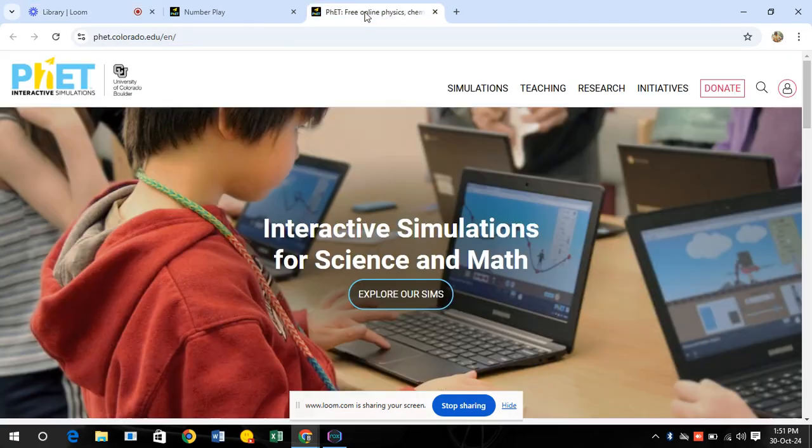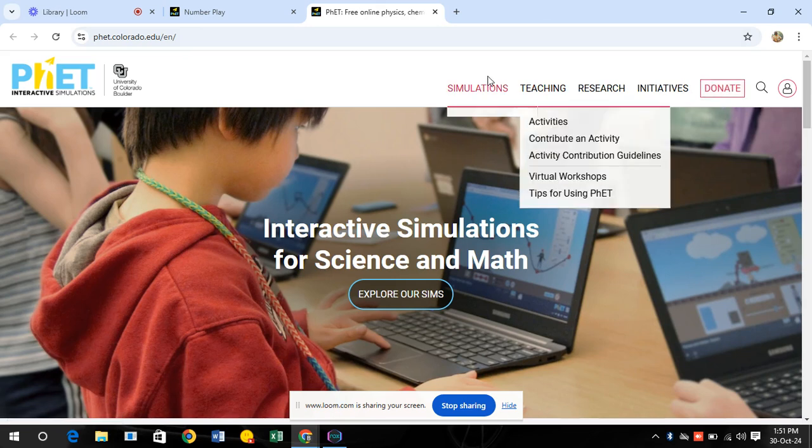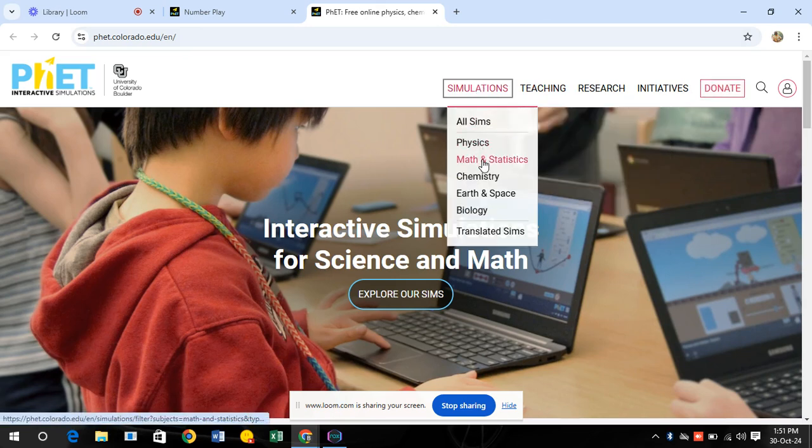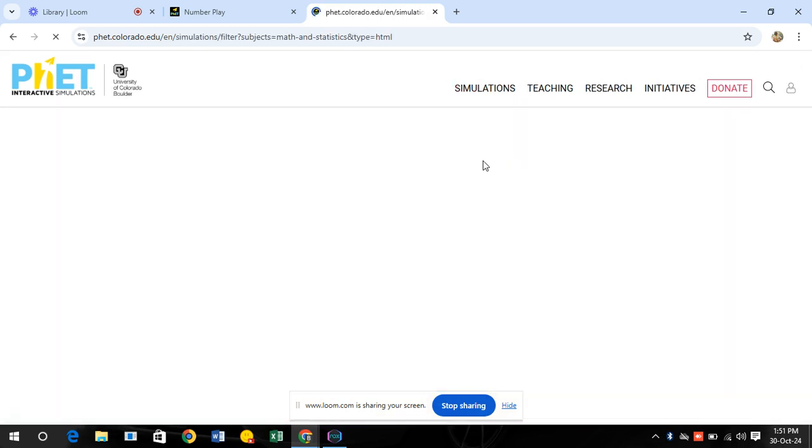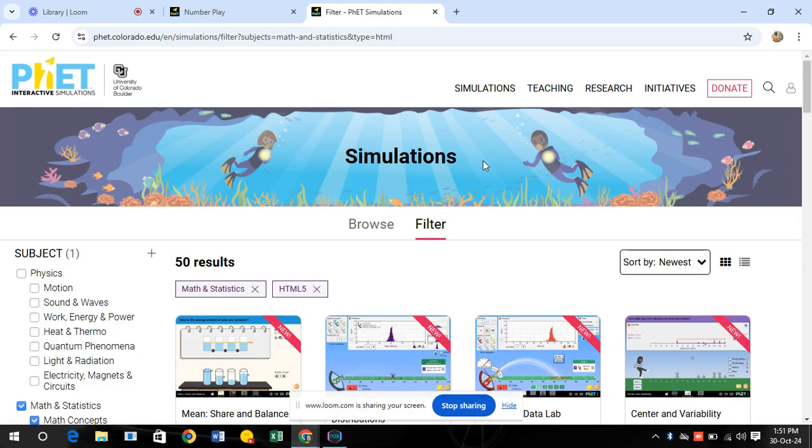So one fun fact when using the PhET website, especially in teaching number play to kindergarten kids, is that we have a variety of simulations that students can use to learn number play. In number play, they need to know counting, the principle of cardinality, conservation of cardinality, and the successor principle. So for all those,